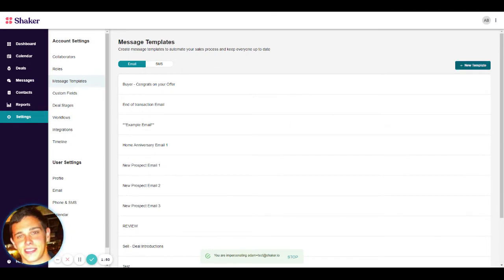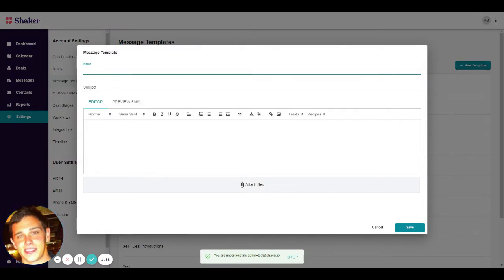In this particular example, you'll notice that a lot of these are named example email and review. This is our test account. But normally, when it comes to the naming convention of my emails, I like to be very specific. If we were to create a new template, the first thing you'll see is the name. I almost always start with, is this a buy side email or a listing side email, so that I know how the email has been formatted, and then go into explaining what the use case is for this email. So maybe this is an email that is going to our title company, and it's going to be introduction to all parties,